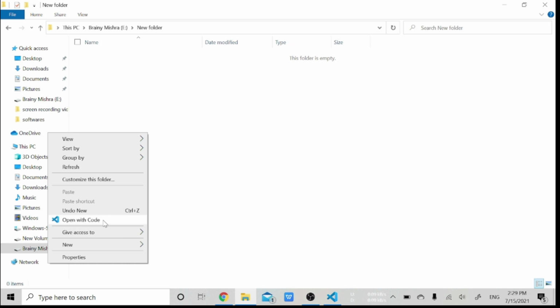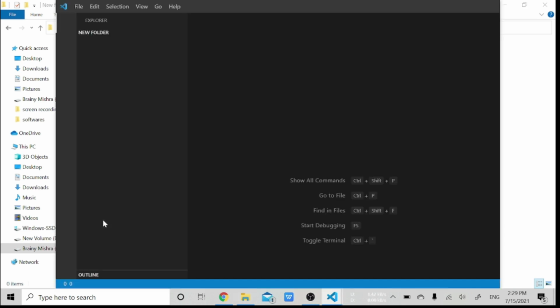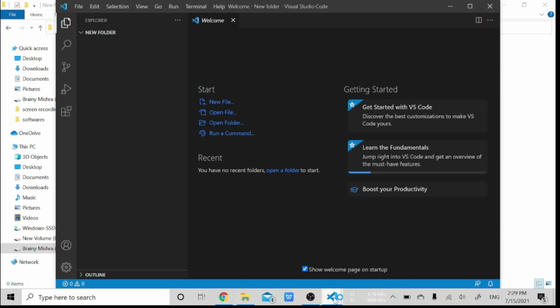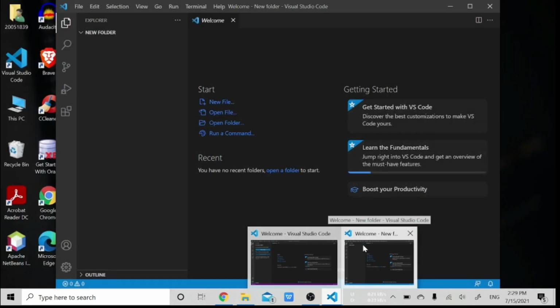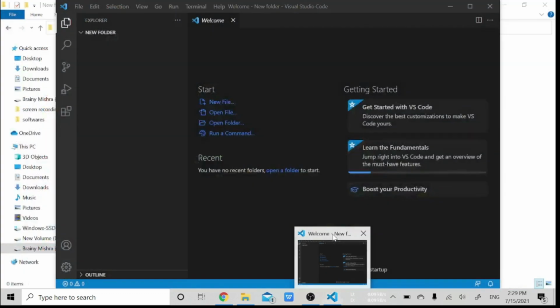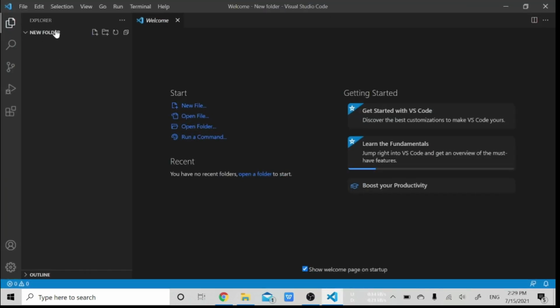I will just click on open with code. Two tabs are now open. The first one is the previous one and this is the latest one. So I will close the previous one, and this one is the latest. So we are in a new folder right now. In the Explorer tab we are in a new folder.